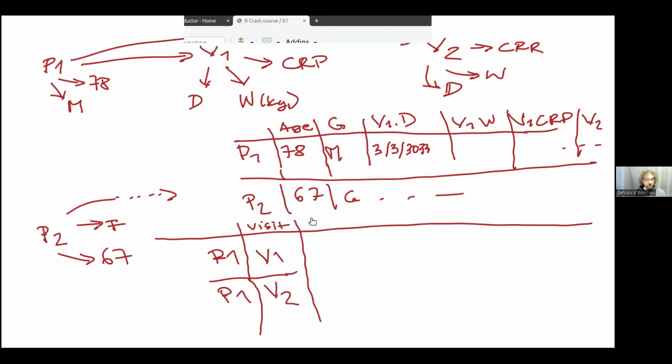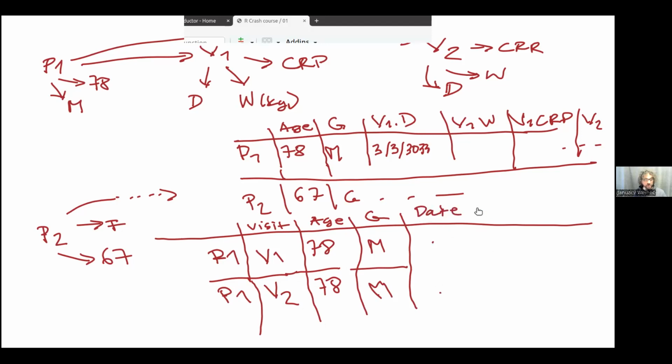We still have the same column for age, and this contains the same values for both rows. Then we have a column for gender, which also contains the same data. Then we have, for example, the date of the visit, which can be different for the 2 visits. We have the weight, which is actually the thing that we are interested in, that maybe, for example, 65.3 for visit 1 and 67.8 for visit 2. And then we can have, for example, additionally